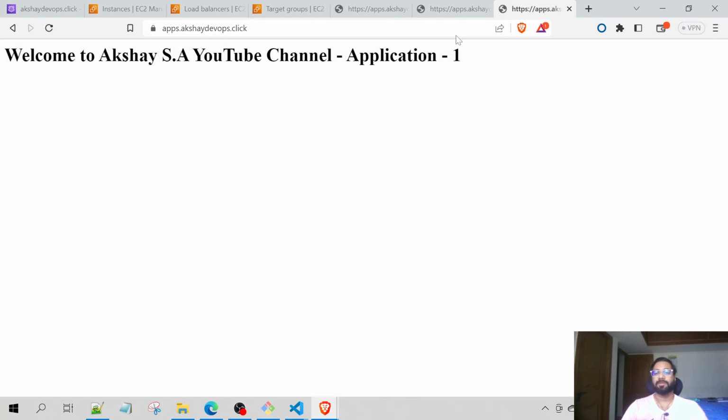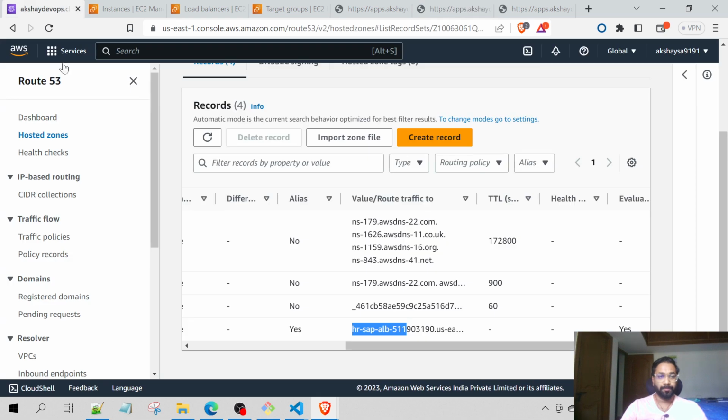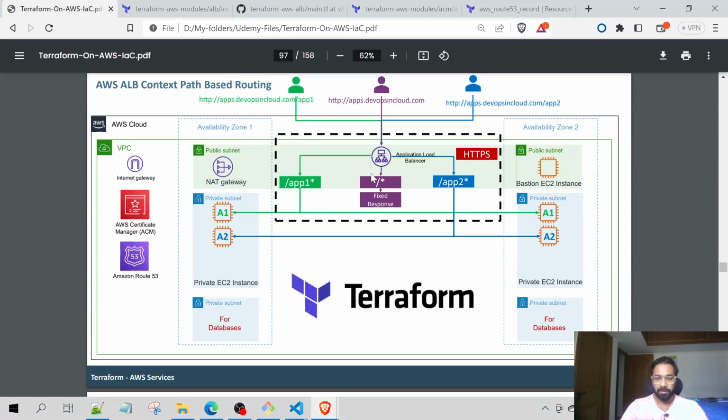Yes. So the fixed response, application number 1 and application number 2. So we have successfully implemented the entire architecture